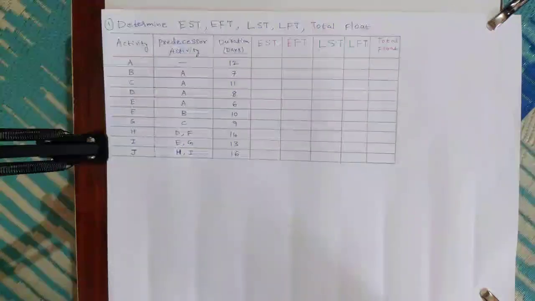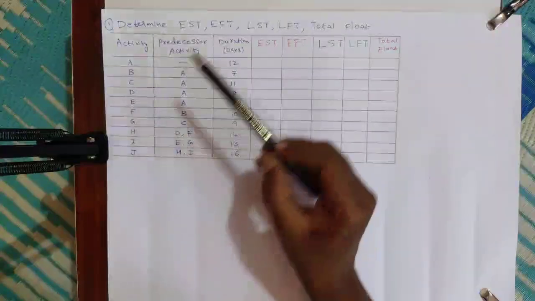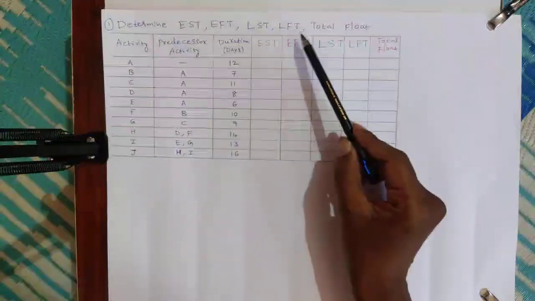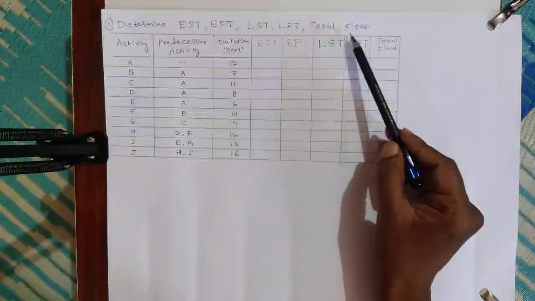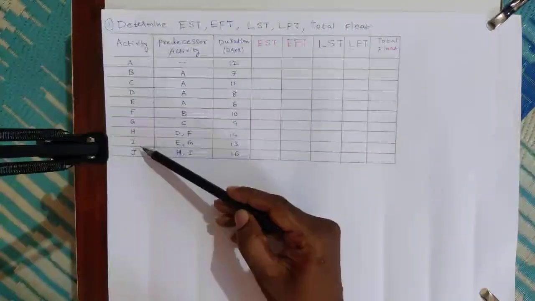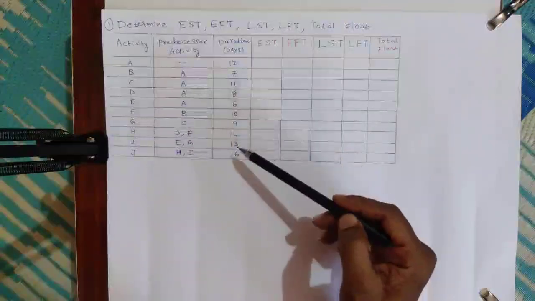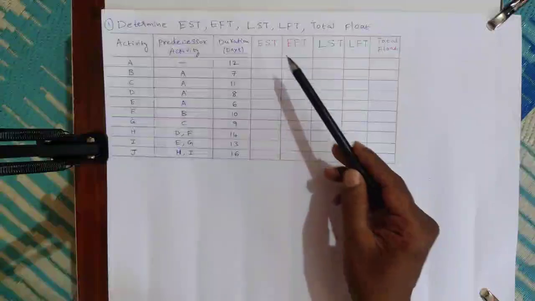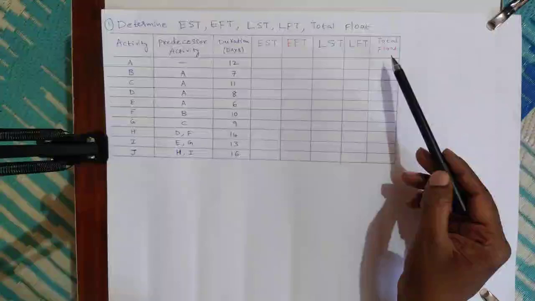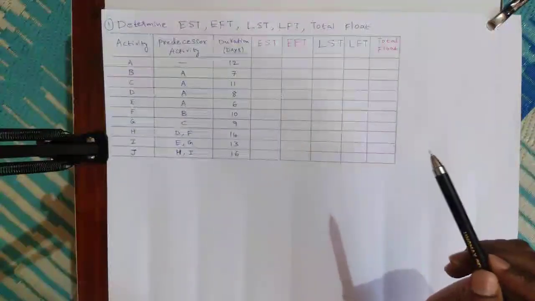Hi friends, today we are going to find, in a project, the earliest start time (EST), earliest finish time (EFT), latest start time (LST), latest finish time (LFT), and total float. This is a project with different activities, predecessor activities, and the duration required for each activity mentioned in the question. We need to find out EST, EFT, LST, LFT and the total float. First of all, to find all these unknowns, we need to draw the network